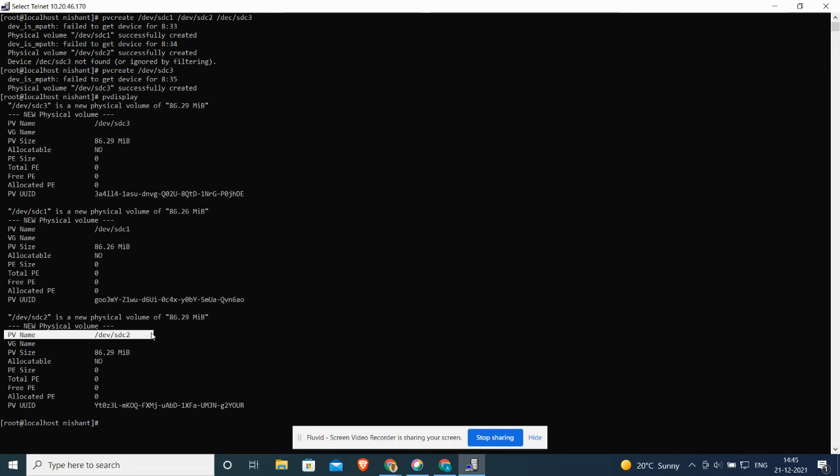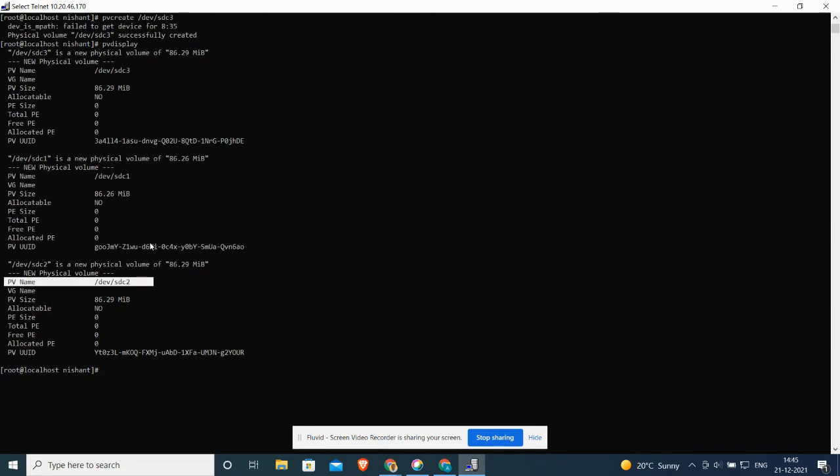So these are the three physical volumes which we have created, and this is the size of the physical volumes. This is how we have converted these physical partitions into physical volumes, and we have verified by using the command pvdisplay. To create, the command is pvcreate; to display it is pvdisplay.